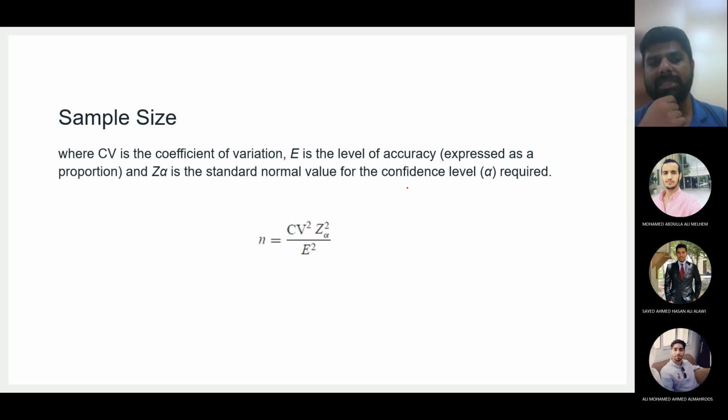Now what is CV, the coefficient of variation? I mentioned it in the last lecture as well. Anyone remembers? What is the coefficient of variation? How do I calculate the coefficient of variation? Anyone remembers that? No one? Okay, so go and check and tell me, otherwise this will come in the exam, inshallah.